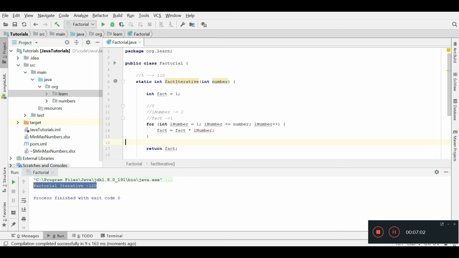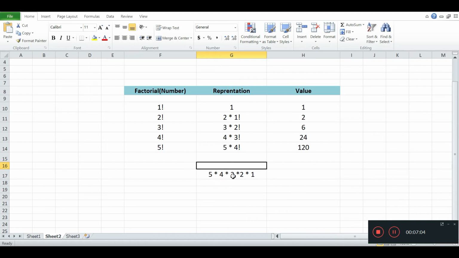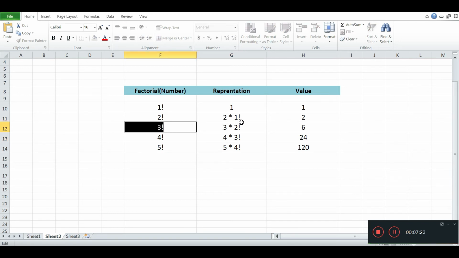Now let's go to our Excel sheet again. What we have seen is that to calculate a factorial, we are iterating. If I have to calculate the factorial of 5, I need to know the factorial of 4. To calculate the factorial of 4, I need the factorial of 3. To calculate the factorial of 3, I need the factorial of 2.